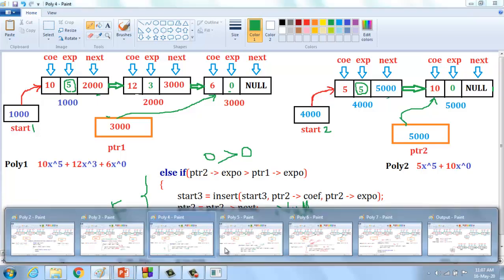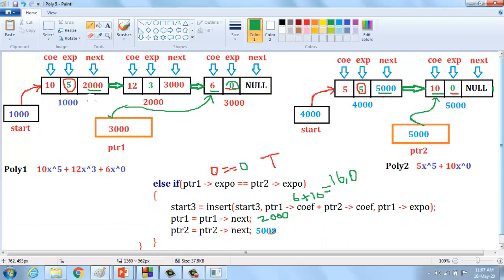Else if ptr1 equal to ptr1 next, okay, ptr2 equal to ptr2 next, if the condition is satisfied, because if both the conditions are satisfied, at the end of the node ptr1 pointing, ptr2 also pointing at the end of the node.